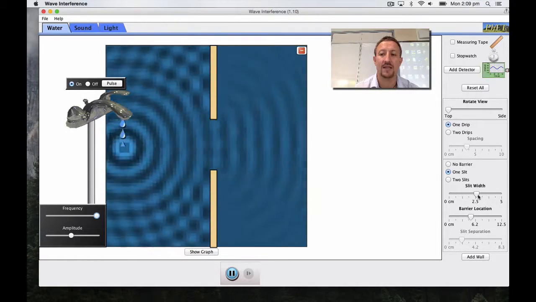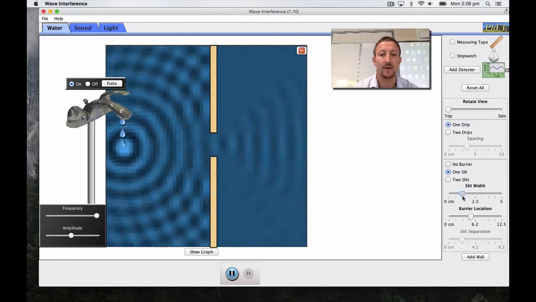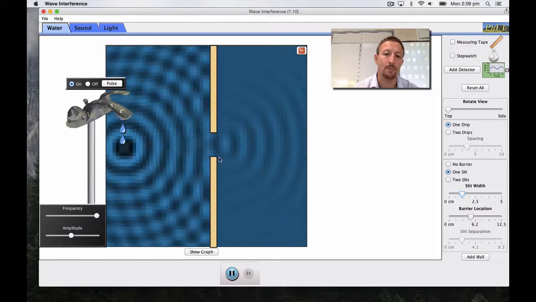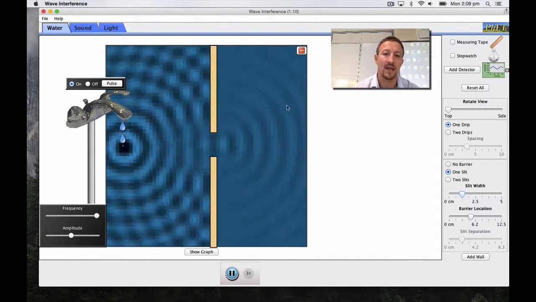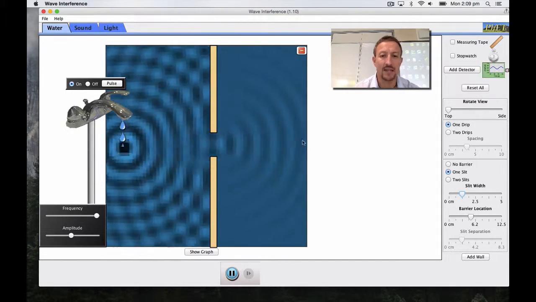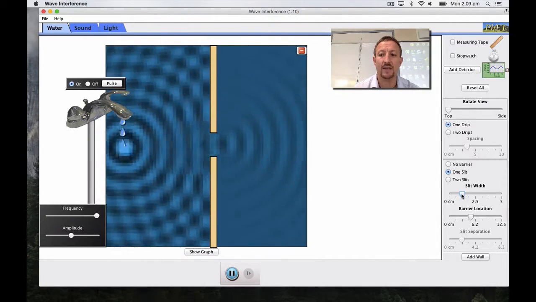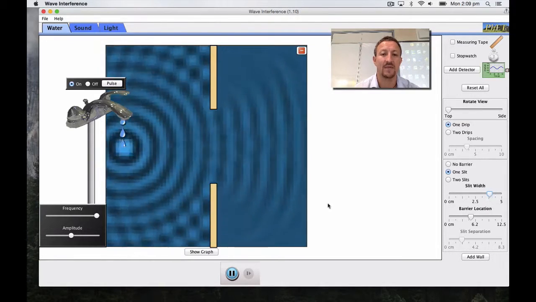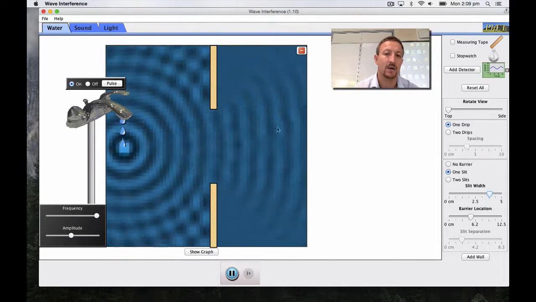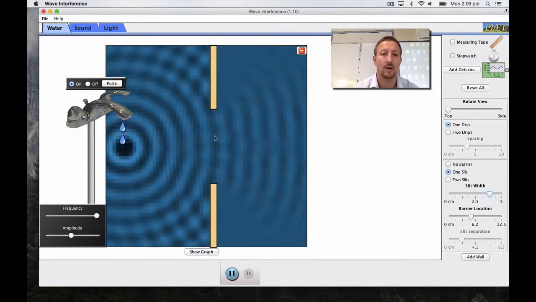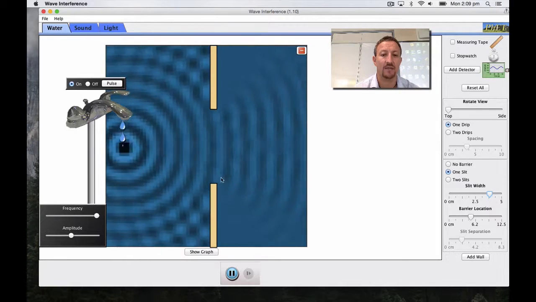Now we can also see this more if I decrease the width of the slit or the gap, and you can see that we're getting more of a beam which is generated here and here rather than this curving. We'll get some very gentle ripples which are generated here, but really the beam is coming through in this area. Obviously, as I increase the slit, there is less of an effect, and we get a straighter curve which is generated, because what we're finding here is that there is less water which is affected by the ripples generated by the